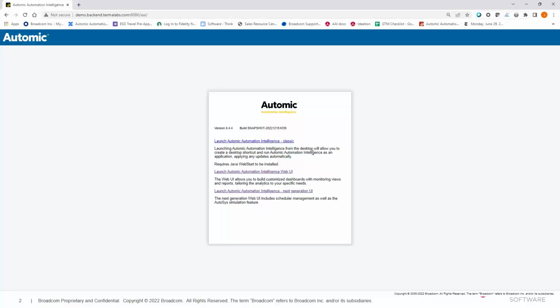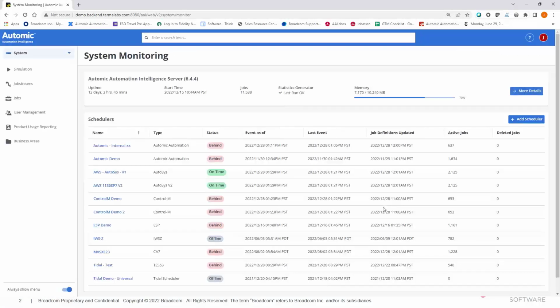There's also a link to web UI, which is the older web UI. And then lastly is the link to the new next generation user interface. This is the one that I'm going to click on now, and this is where all of the new functionality will reside. The first thing you'll notice after you log in is that you will be brought to the system